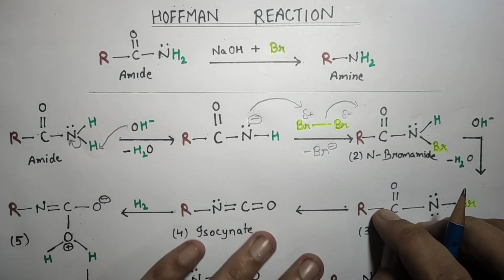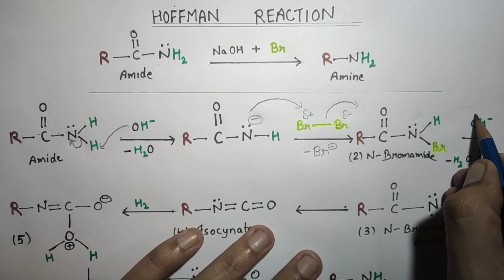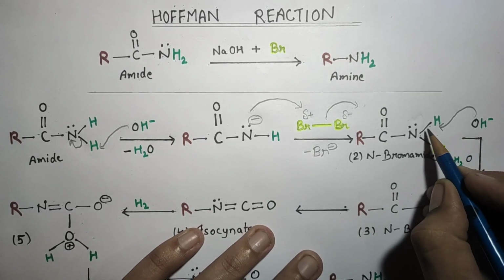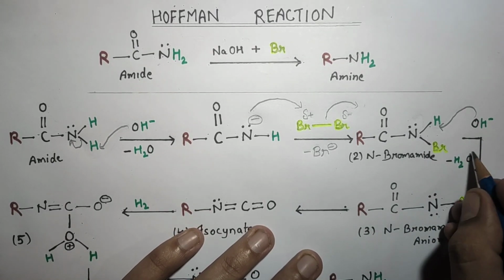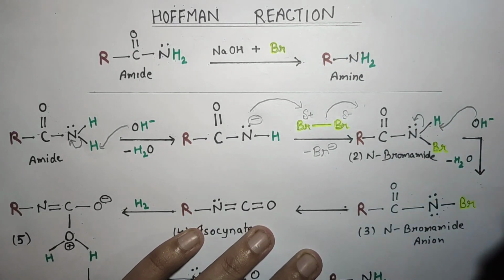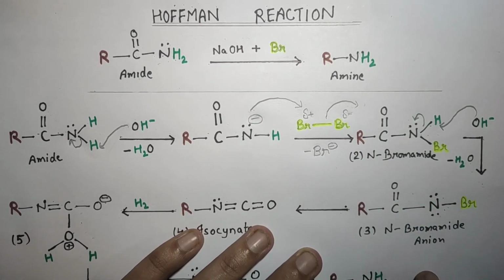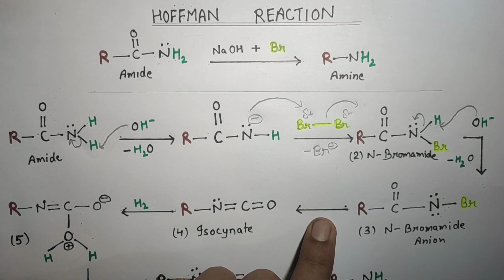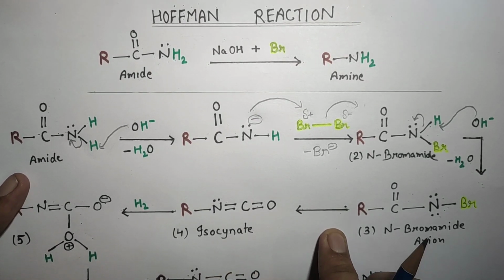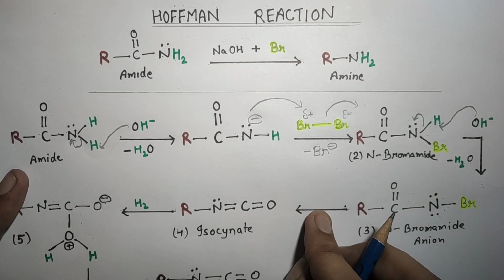Now as this reaction is occurring in a basic medium, again here this OH will abstract this another acidic proton and deprotonation occurs, giving rise to this water molecule, and here this bond will break and electrons will shift to nitrogen and we'll get this N-bromoamide anion. Now this step is a very important step as this is the rate determining step of this reaction. Now it is also a concerted step and intramolecular step.